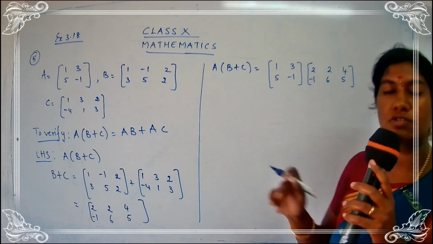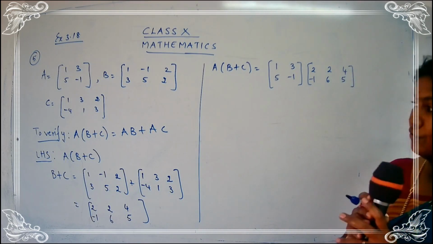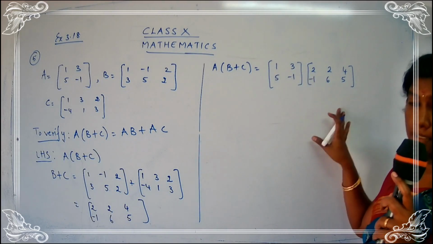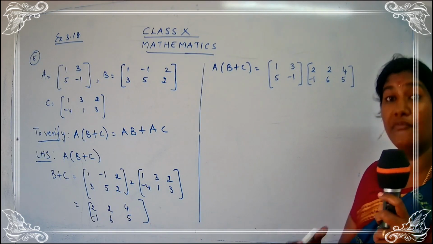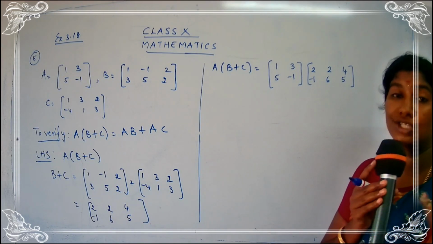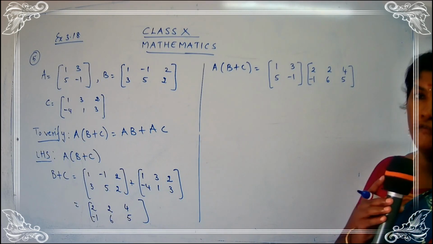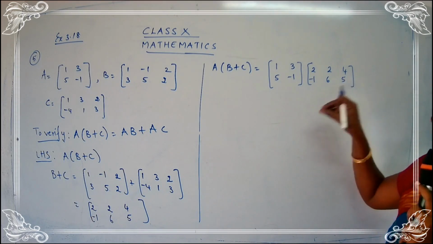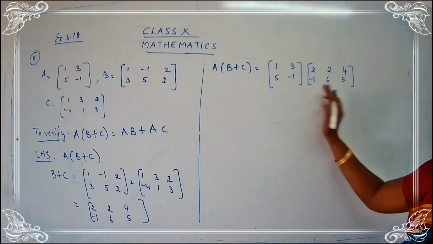In such cases, no need to go for the verification, because already they have asked you to verify the property. So mostly the product will be possible. In some cases, they will ask you the question, check whether the product is possible or check whether the product exists. In those cases, you have to go for the verification. Okay, just for your information, I'll do the confirmation whether we are able to find the product or not.